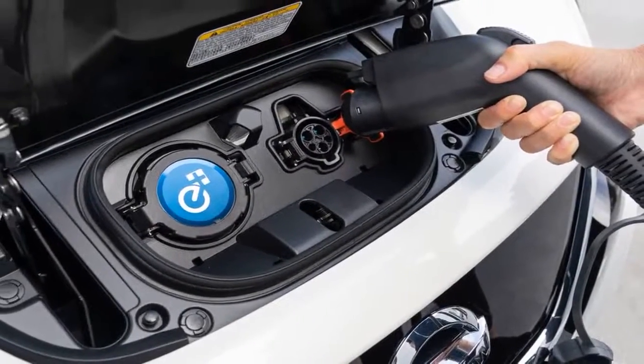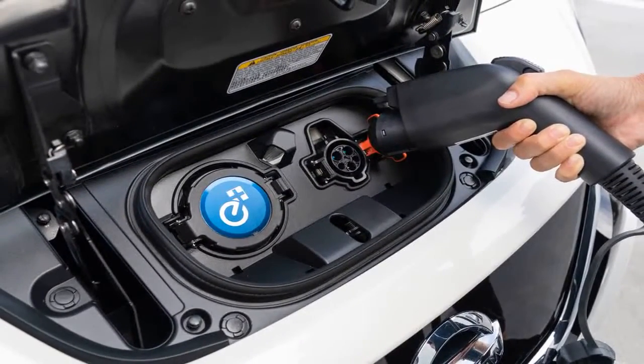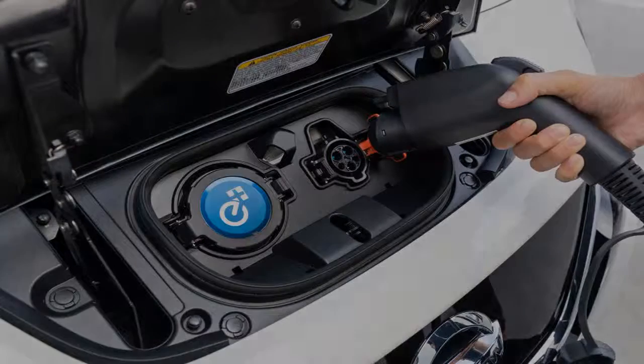The Leaf Plus range estimate is lower than those of its main competitors, namely the 238-mile Chevrolet Bolt, the 239-mile Kia Niro EV, and the 258-mile Hyundai Kona Electric. But the Nissan has